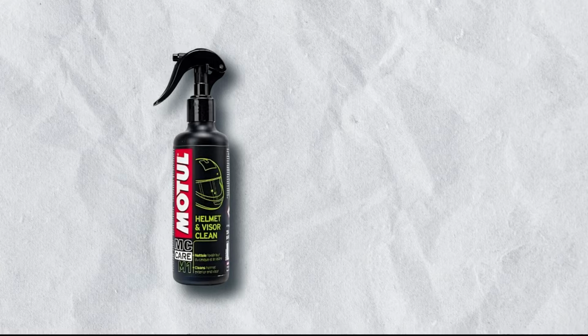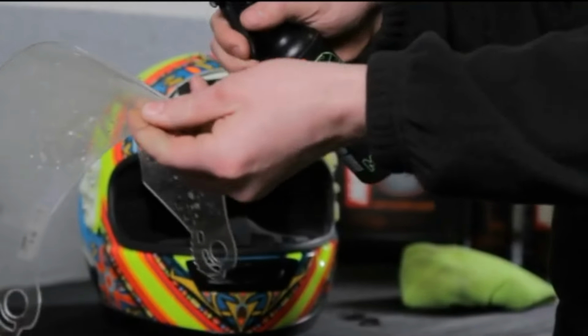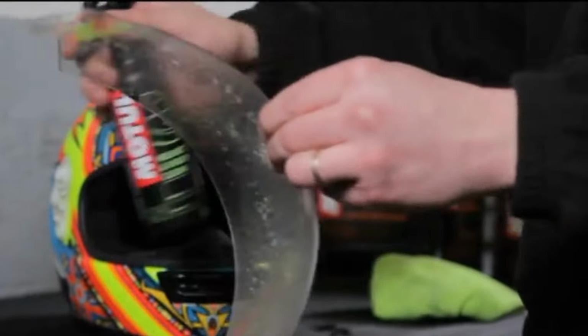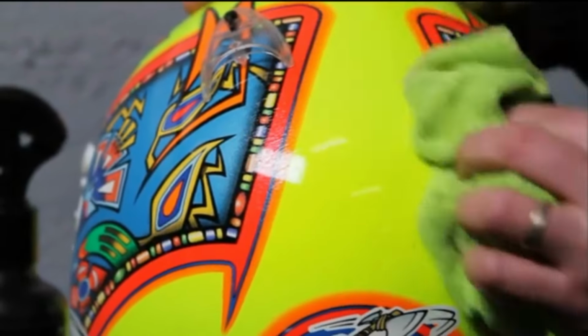Even saliva, although it can work in a pinch, isn't ideal for keeping your visor crystal clear. Investing in a dedicated visor cleaner like Muc-Off's Visor Cleaning Kit, available at yemenu.com, ensures you maintain optimal visibility and